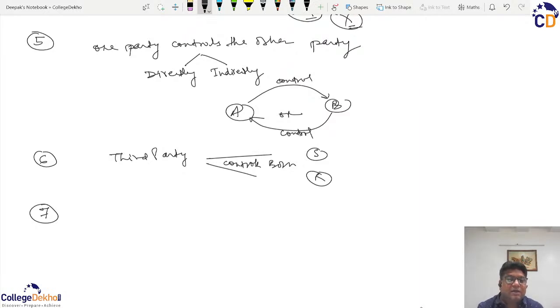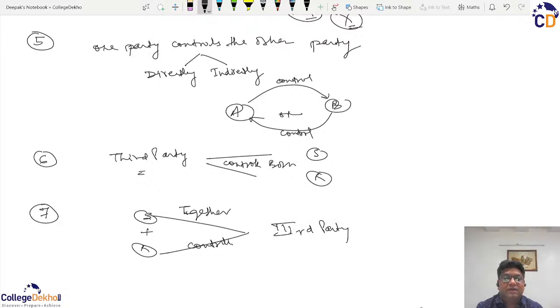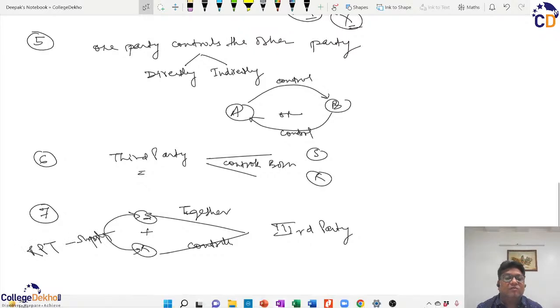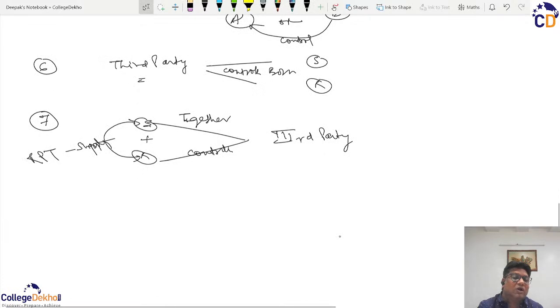इसका रिवर्स ये हो सकता है कि यहाँ थर्ड पार्टी इन दोनों को कंट्रोल कर रही थी, अब हम कह रहे हैं कि सप्लायर प्लस रेसिपिएंट टुगेदर दोनों मिलकर कंट्रोल कर रहे हैं, टुगेदर कंट्रोल्स अ थर्ड पार्टी। यानी कि ऊपर वाले केस से अपोजिट है, यहाँ थर्ड पार्टी दोनों को कंट्रोल कर रही है और ये दोनों मिलकर थर्ड पार्टी को कंट्रोल कर रहे हैं। तो इनके बीच में जो ये सप्लाई है, ये सप्लाई will become related party transaction because they are presumed to have common interests, because they jointly control any third party। ठीक है।